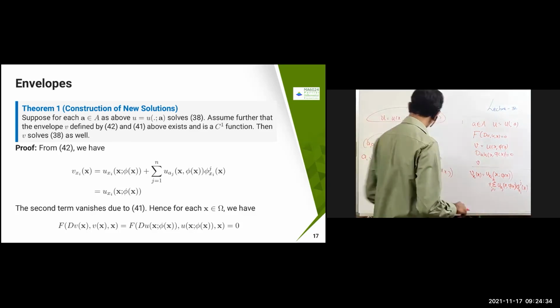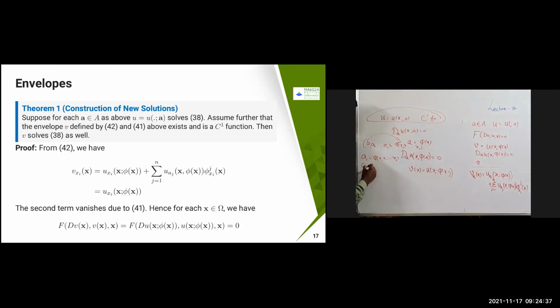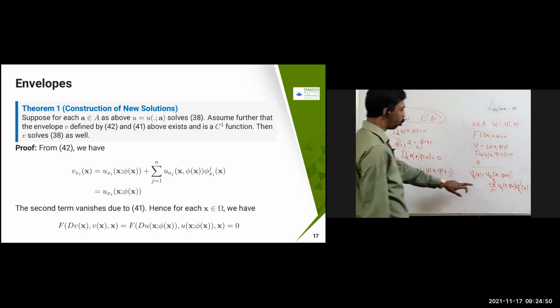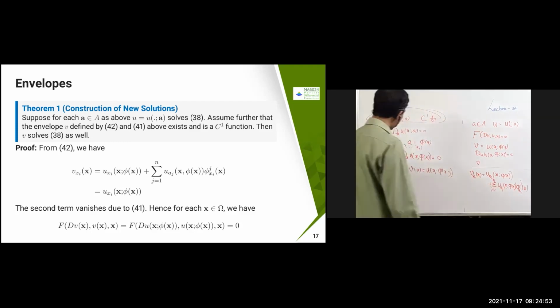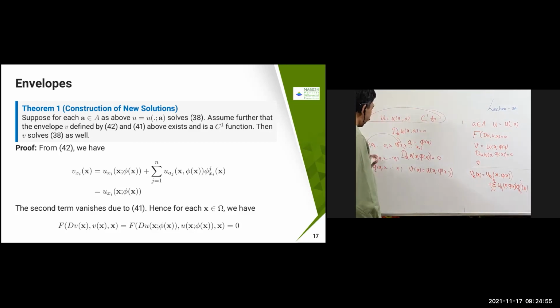First you got to differentiate. So a1 is going to be this one. Similarly a2 is going to be some function, let us say pi 2 of x1, x2, etc., xn is going to be there. So that is the reason I am writing here u_aj. Each one is going to be a function of x1, x2, xn. So u_aj of x comma pi of x, and then this one I got to differentiate with respect to that j. So here instead of suffix I just put 1 2 here. Similarly a3 is equal to pi 3 of x1, x2, etc., xn. So this is the relation you are going to get, because it is going to come in a matrix format.